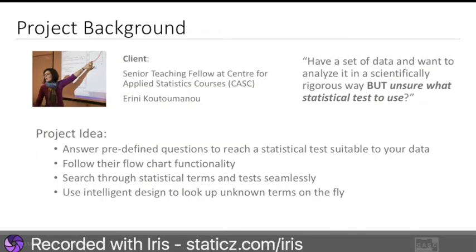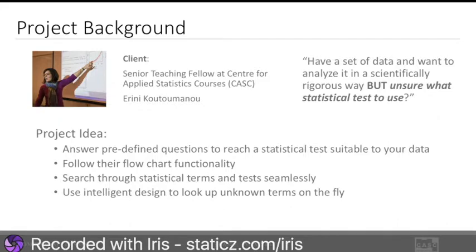Here's a background on our project. Our client is Arini. She's a senior teaching fellow at the Center for Applied Statistics courses. She came to us with an ask to develop an app that can help users identify an appropriate statistical test for their data set. So the project is for the user to answer predefined questions to reach a statistical test that's suitable to their data. The app will follow a logic according to a decision tree flowchart which the client has provided. The user can also search through the app to find more information for